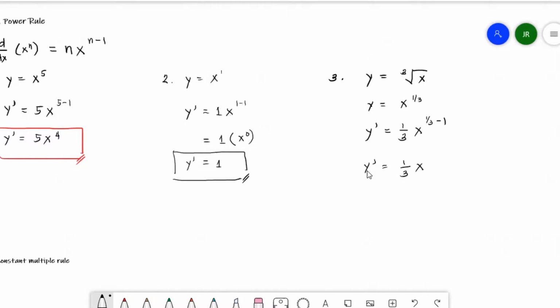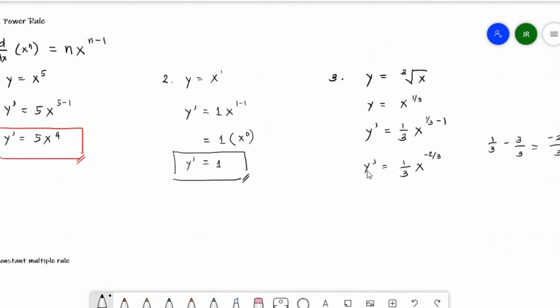x raised to 1/3 minus 1. So 1/3 minus 1, yung 1 pwede ko siyang isulat as 3 over 3. That is the equivalent fraction of 1 para maging similar fraction sila, okay? And that is 1/3 minus 3 over 3. Copy the denominator since this is similar. Then subtract or perform the operation sa numerator. So 1 minus 3 is negative 2. Okay, so ibig sabihin, this x raised to 1 over 3 minus 1 is equal to x raised to negative